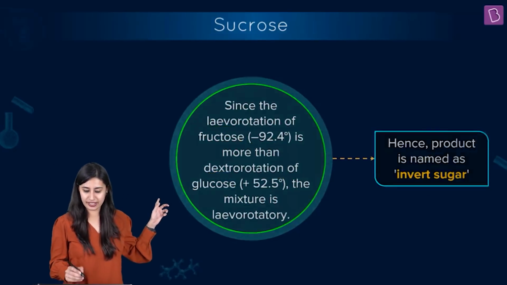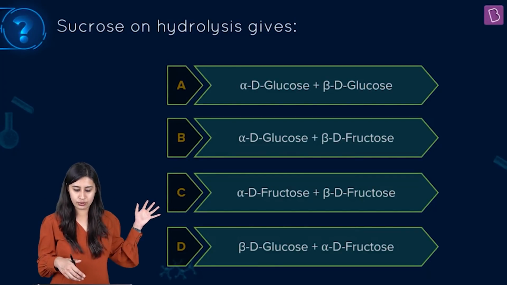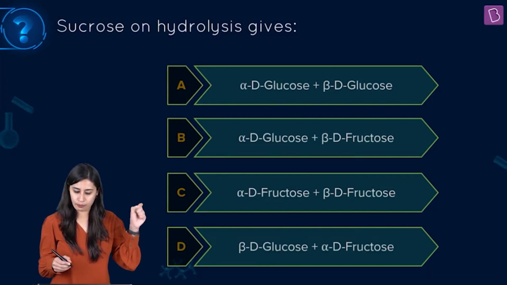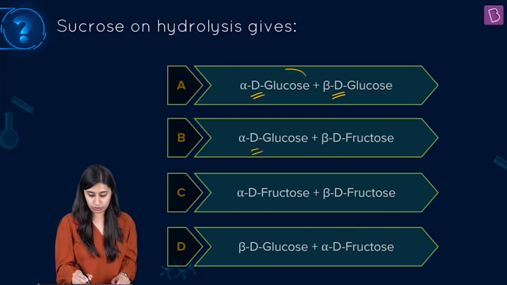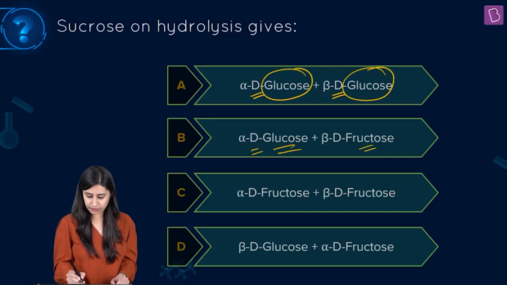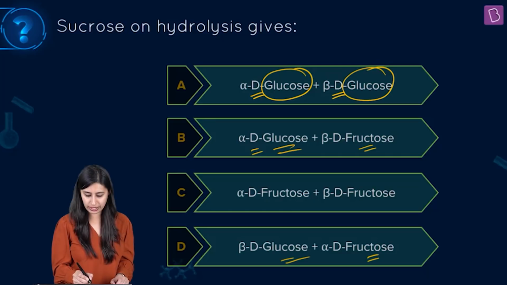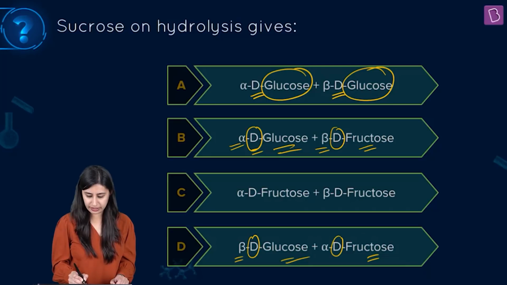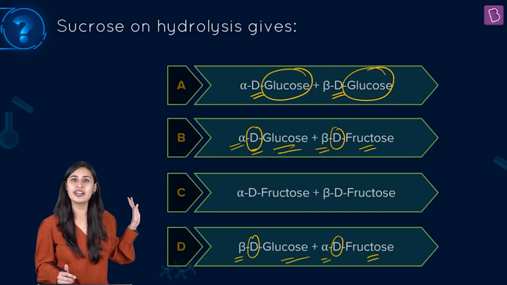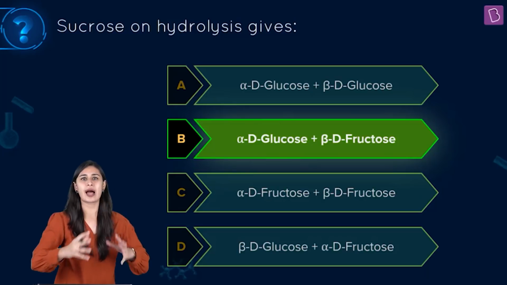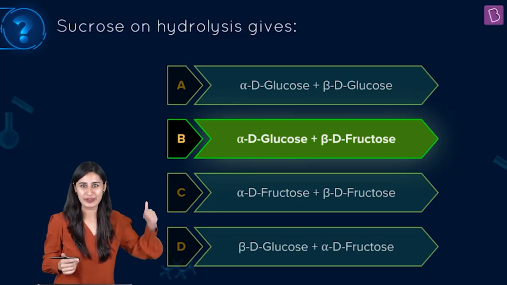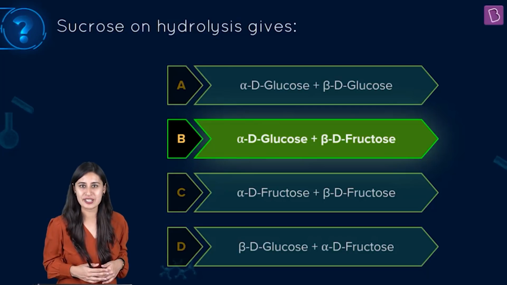And hence, now let's see the question. Sucrose on hydrolysis has given us, for both there should be D. Only glucose and fructose should be your answer. D and D, D and D. Alpha here and a beta here, not vice versa. So if we have addressed the nitty-gritties, this question is now solvable, no matter how the examiner may set the trap for you. The right answer is option B.